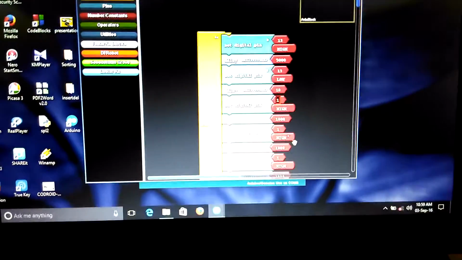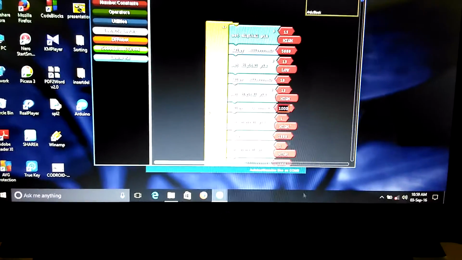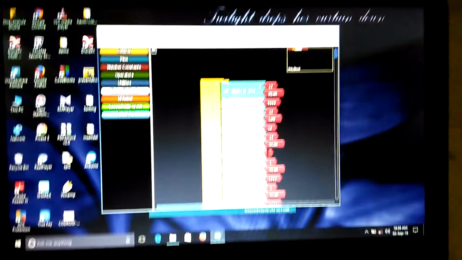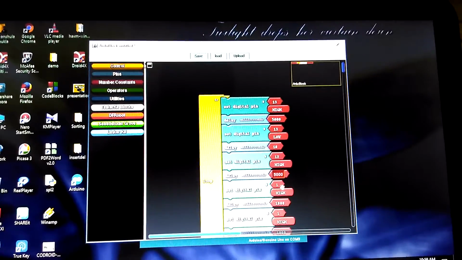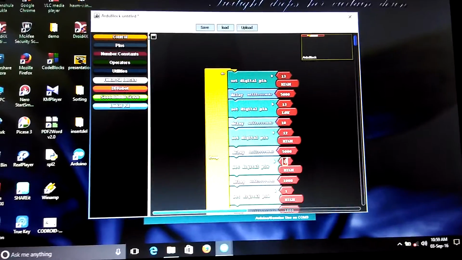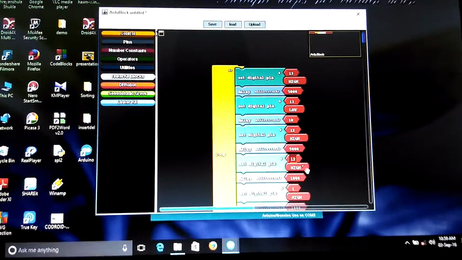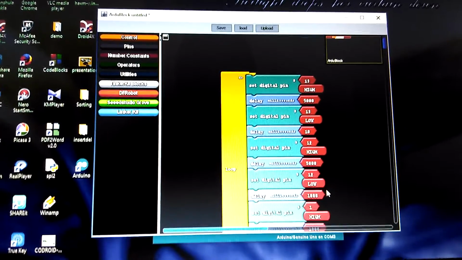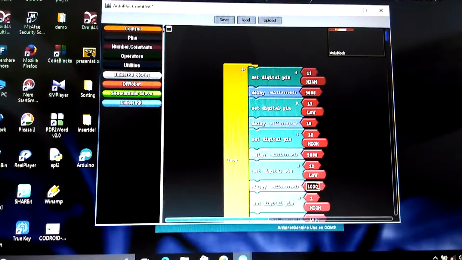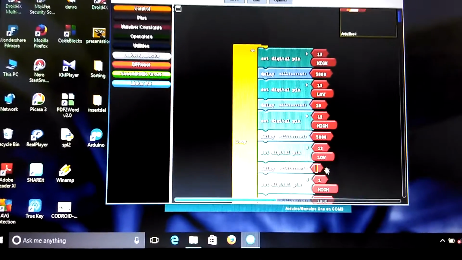Then on pin number 12 I have put the second bulb and it's high. Then again I will put the time 5000 milliseconds. Again here 12, and this time we'll do it low. Then again a delay of just 10 milliseconds.